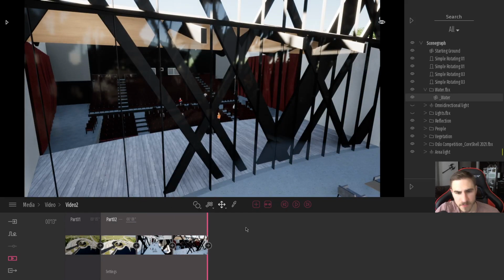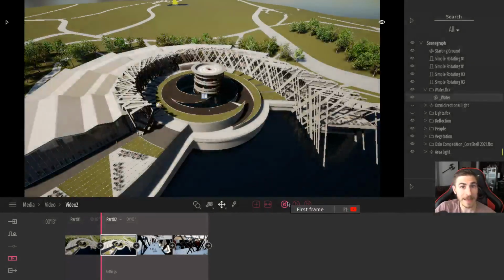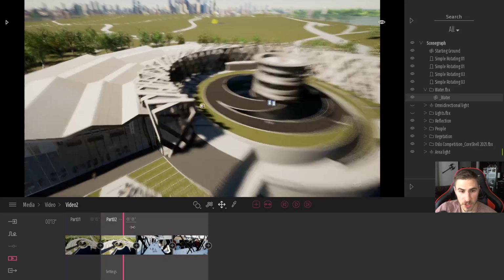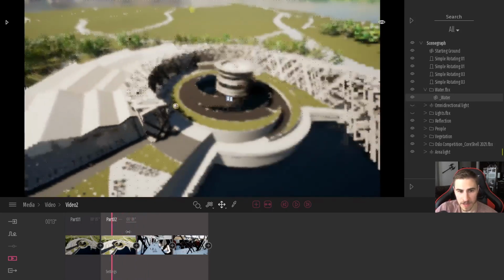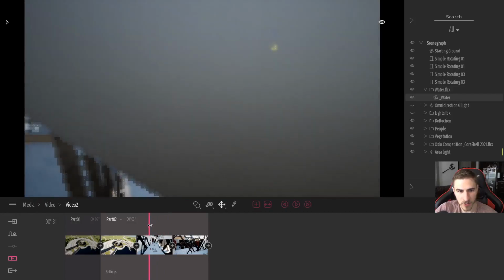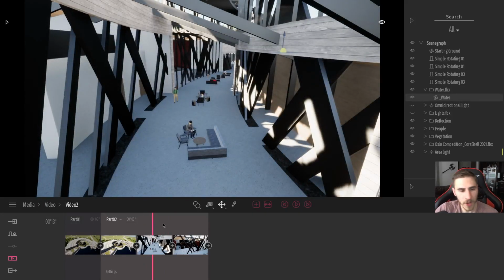Very easy. Now at this point, we can come over here always to go to the first frame and then the last frame. And it's going to be the first frame and last frame within this particular part. That's easy enough. So if I want to go back to the beginning and look, great. Or I can always, again, scrub. Here we can actually see the scrubbing in action. I can scrub between this entire animation and see what it would look like as far as I'm transitioning between one point and another, like the point in which I go through the mullion to go through the window.